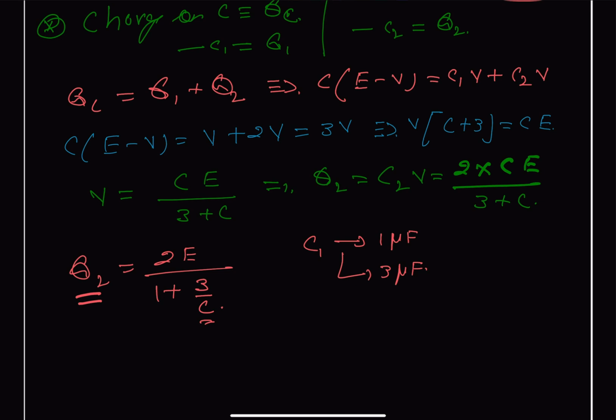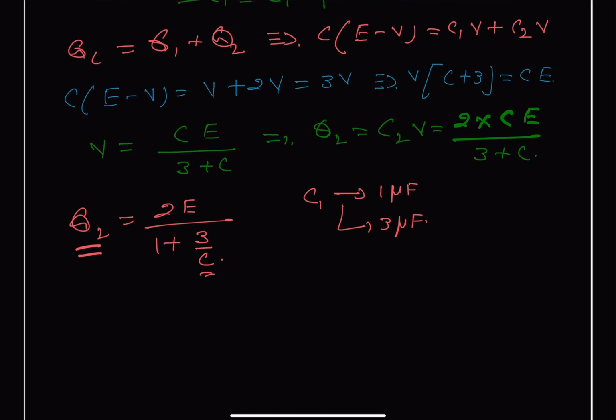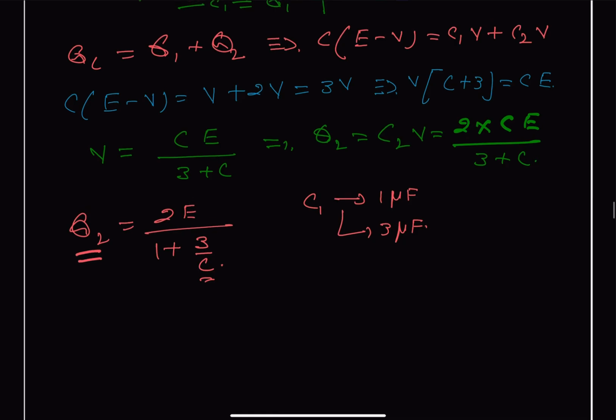If we substitute the values, we can easily see that for C equal to 1, Q2 will be equal to 2E divided by 4, which is E by 2. We are only interested in the standard values, need not write the micro part. And for C equal to 3, Q2 will be equal to